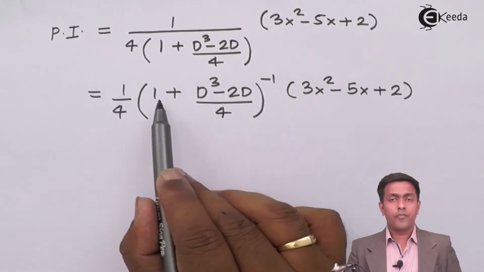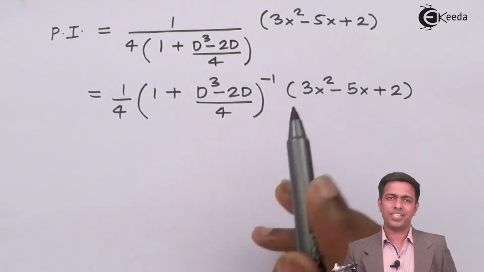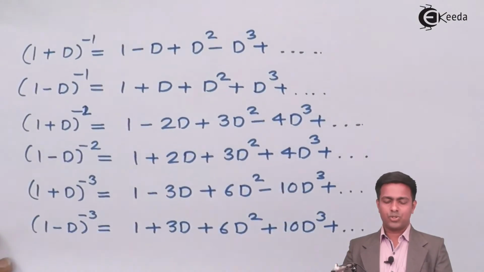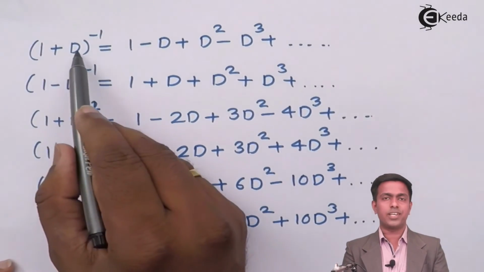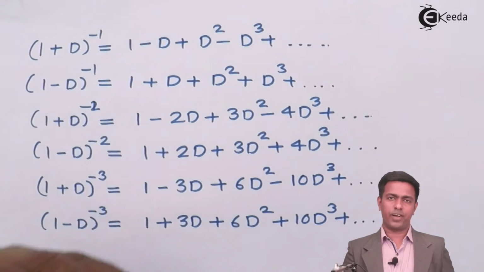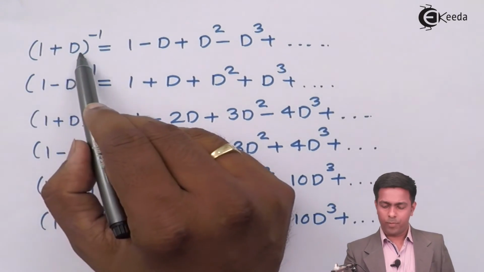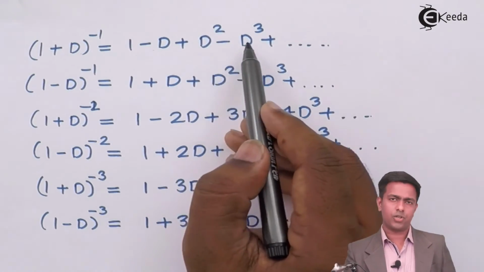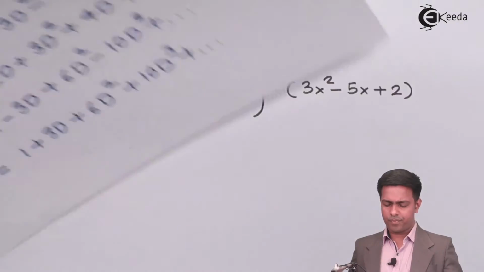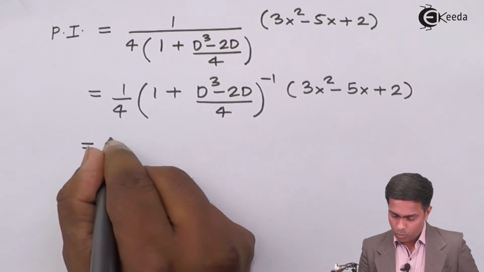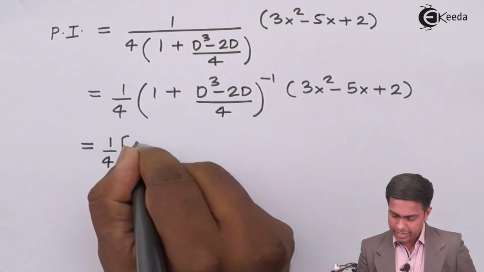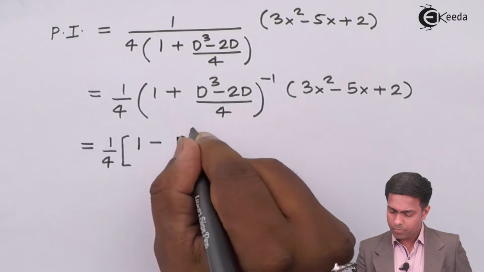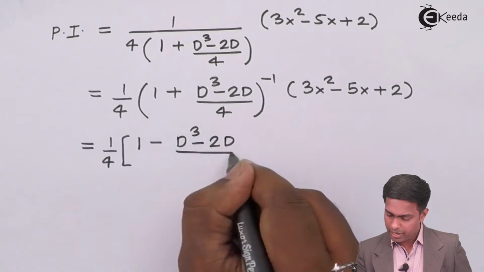Now guys, we'll expand this, that is 1 plus f of D inverse, by using the formula. So this is the formula of 1 plus D inverse. Now instead of D we have that function of D, some function. So the formula is 1 minus that function of D plus that function of D square minus that function of D cube, and so on. So here we'll get 1 by 4 in bracket 1 minus the function of D. So that is (D cube minus 2D) by 4